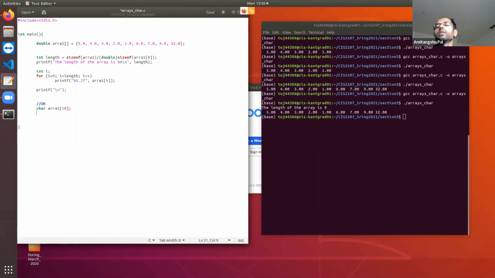You can initialize a character array in multiple ways. The easiest way is to initialize element by element.